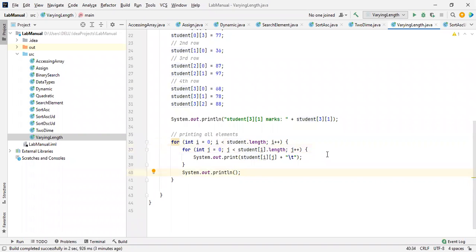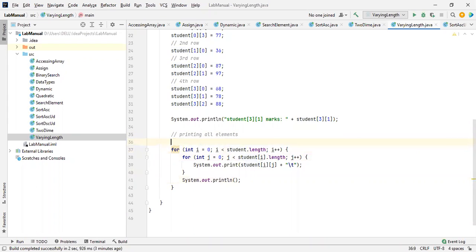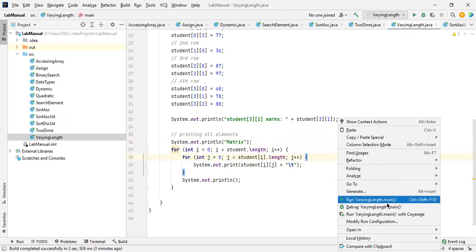Let me run this. System dot out. So for the information point of view, we just need to take it like this only. Matrix. Yeah. Let me run this program.